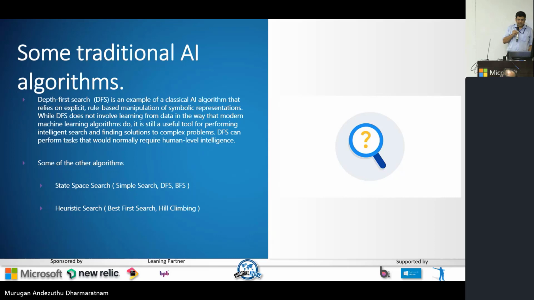And if you're interested in algorithms, you can actually buy one of the books by Deepak Khemani. He's actually a professor at IIT. He talks about different search algorithms. Two of them I have picked up. One is state space search, and the other one is heuristic search. So depth first search, if you have a tree to the bottom, I think all of you might be familiar with it. What is a depth first search? Earlier AI traditionally used these kinds of algorithms, and heuristic search is again some best first search as well as some hill climbing kind of algorithms.